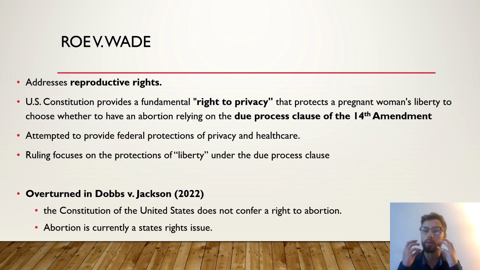Of course, these are the foundations of the ruling provided in the 1970s, which implemented the legislation that was in existence until 2022. In 2022, we see the overturning of Roe v. Wade and the landmark ruling provided in the 70s. This is where we can see the liberal-leaning 1970 Supreme Court and the conservative-leaning 2020 Supreme Court.